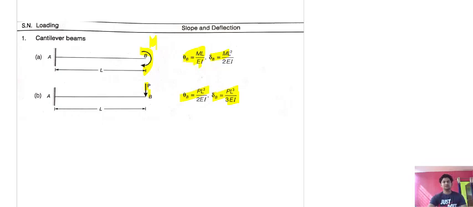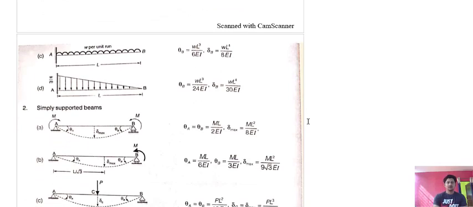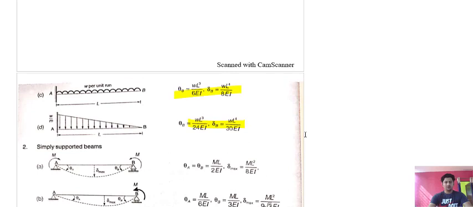Similarly, for a cantilever beam having UDL, the values are given. You need to learn these values if you want to get command over the superposition theorem. You must remember these values, as that will make it easy for you to understand the theorem. Also, when you are using other methods to calculate the slope and deflection, if you remember these values, you may verify your answers.